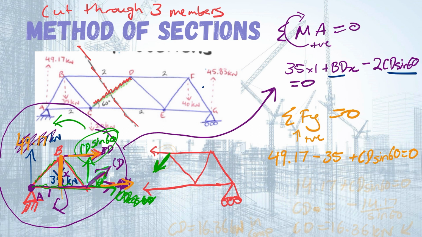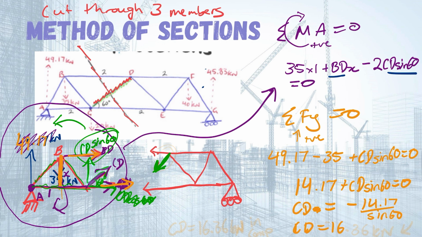So that will give us 49.17 minus 35. So 14.17 plus CD sine 60 equals to 0. CD will equal to negative 14.17 over sine 60, which equals to